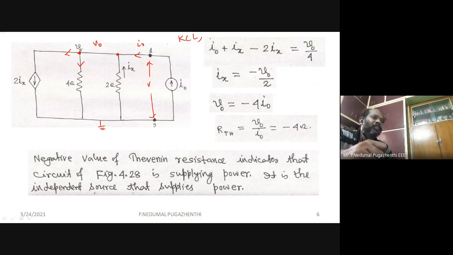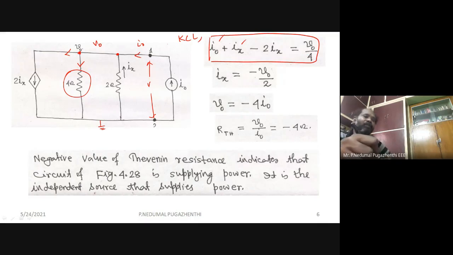So you can see this equation, how they have written it, based on this node V naught. They are trying to find the current in each branch. What are the currents coming towards that node? I naught is coming towards it, Ix is coming towards it, and minus 2Ix. Why minus 2Ix? Because the current is leaving that node. And we have assumed that this branch current at 4 ohms is also leaving. So I take it as minus V naught by 4 equal to 0.